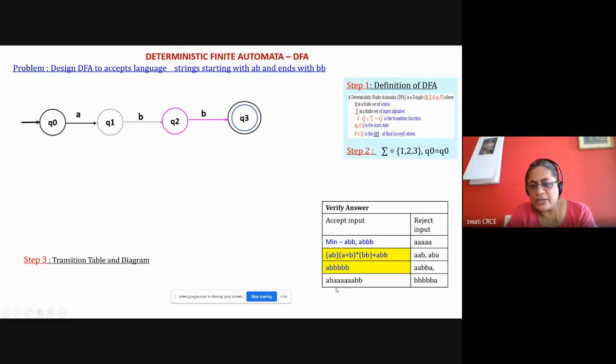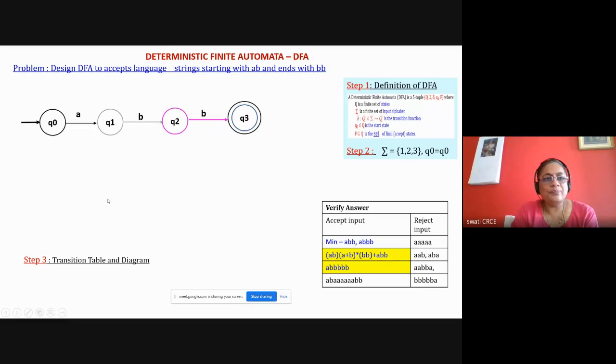Now in the regular expression, I am saying that it is starting with AB, in between anything can be there, and it is ending with double B, or there can be a string such as A double B. My string is either this or this. This is the minimum length string. And the meaning of the statement is it's starting with AB, ending with double B. In between, anything can be there, any combination of A's and B's.